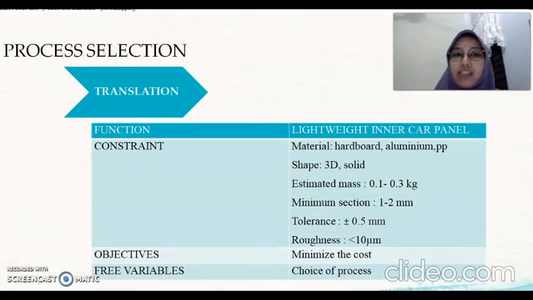For the process selection, it will undergo the same step as the material selection, which is the translation. The design requirement will translate into the function, constraint, objective, and free variable. The process must meet the constraint, which means the process must be able to shape the component into 3D solid, have the estimated mass 0.1 until 0.3, have the minimum section 1 until 2 mm, the tolerance is plus minus 0.5 mm, and the most important constraint is that the process is compatible for the material chosen, which are the